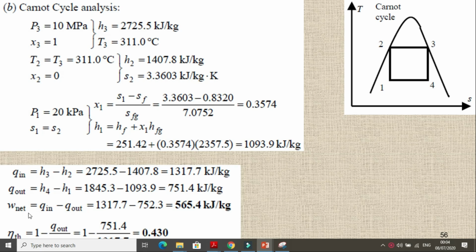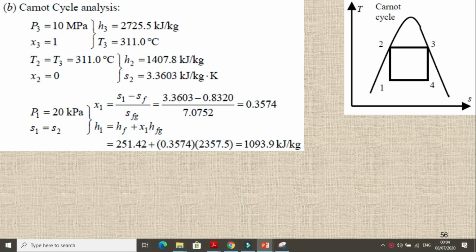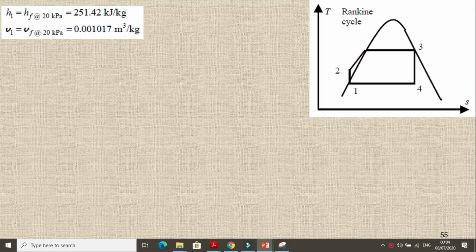For W net, simply Q in minus Q out, so we are getting 575.4 kilojoule per kilogram. When we check the efficiency, we get 1 minus Q out upon Q in, so it will be around 0.430. So we are getting 43% efficiency when we use the Carnot cycle,